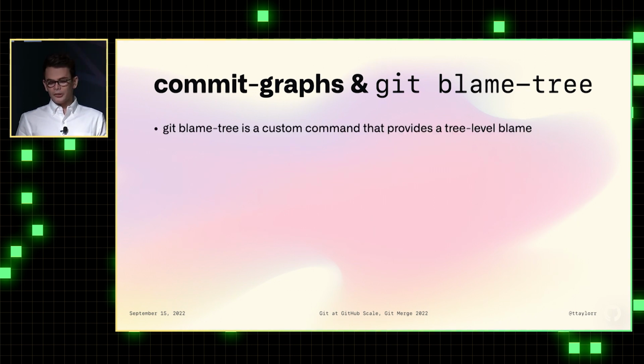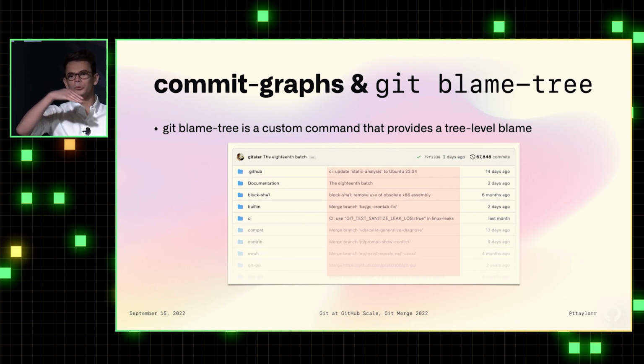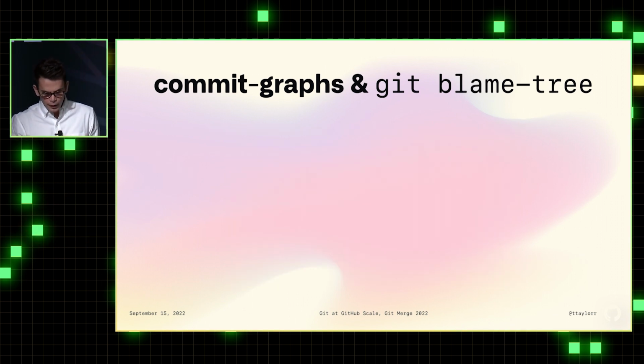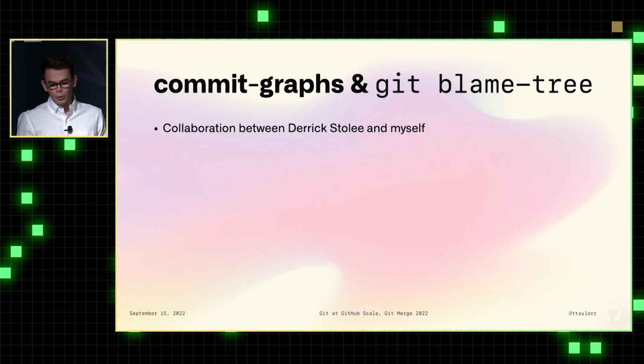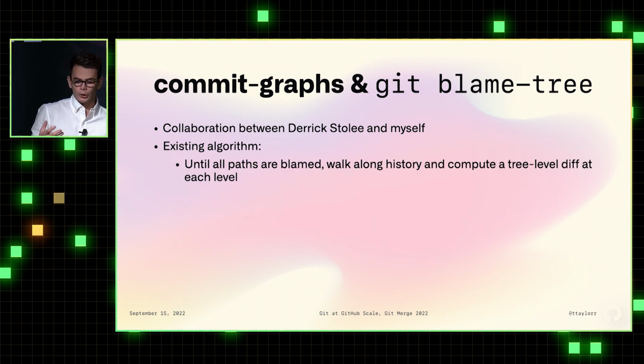So blame tree is a custom command, like I've said, that provides the tree level blame information on github.com. So if you've ever noticed that second column in your repository tree views, it just shows the commit message of each commit to most recently touch every directory entry. And so last year, Derek Stolee and myself at GitHub thought that we could make this algorithm a little bit faster. So to tell you how we did that, we basically looked at the existing algorithm, which is sort of the naive approach,